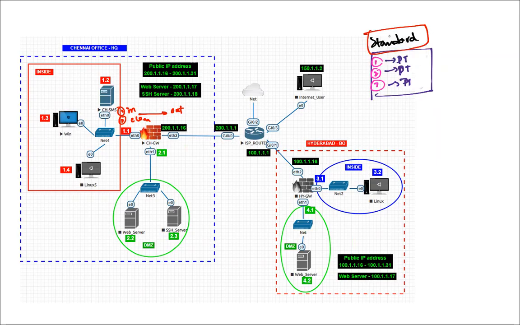Now, in this policy, the name of the policy is standard, right? In this policy, you have something called policy target, and you can choose the policy target to be Chennai Gateway. If you choose the policy target as Chennai Gateway, then any rule,